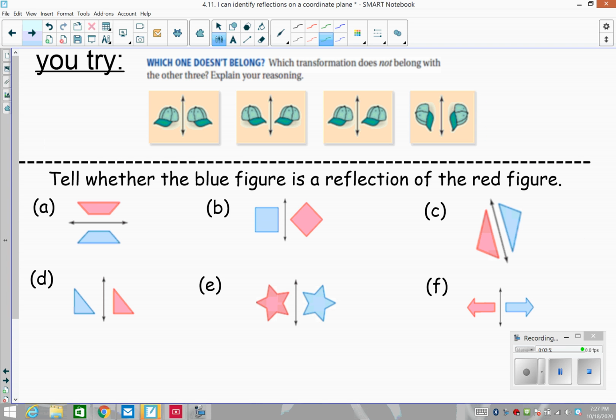All right. So the you try question. It says, which one of these doesn't belong? Which transformation does not belong with the other three? So you have these 4 hat problems. Which one does not appear to belong? So let's take a peek. Why don't you go ahead and try to figure that out